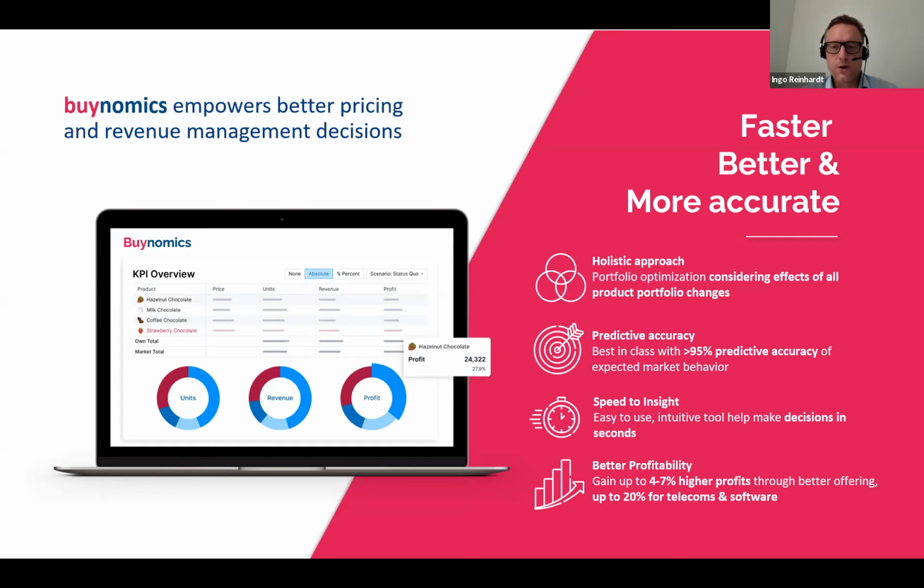And that helps you determine with very high precision what would happen in the real world, and you can use it to find a better portfolio, optimize your pricing, do all of these revenue optimization tasks within the tool. It takes very little time until you get an answer, and it does it with very high precision, and that typically results in a meaningful improvement in your profitability.